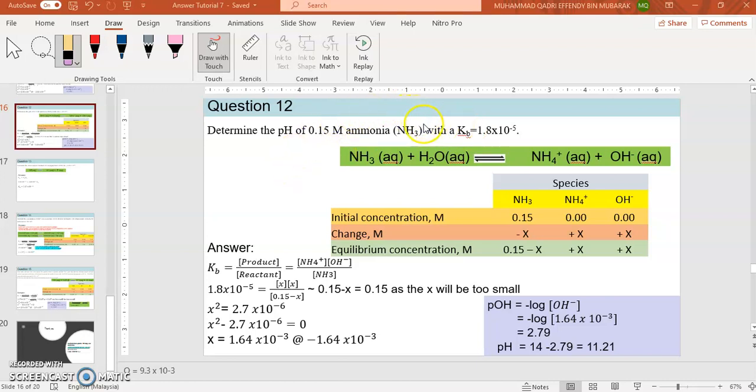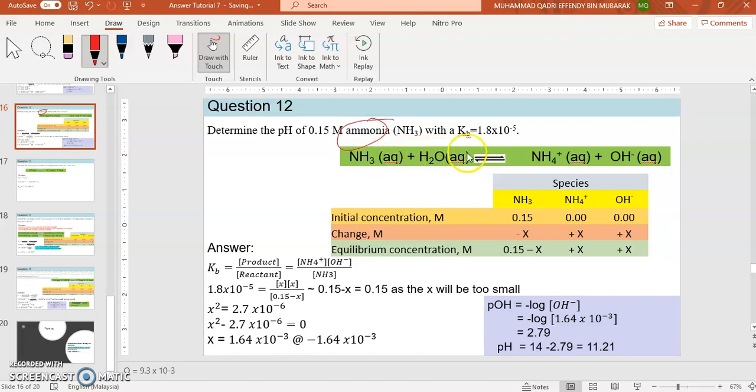We know that ammonia, first, as a chemist, we need to know the common types of chemicals that are categorized as acid or base. Ammonia, we categorize it as a base. So for the ammonia reaction,